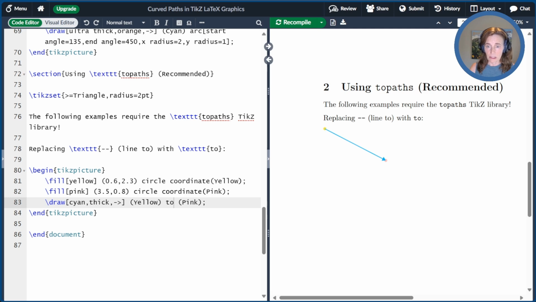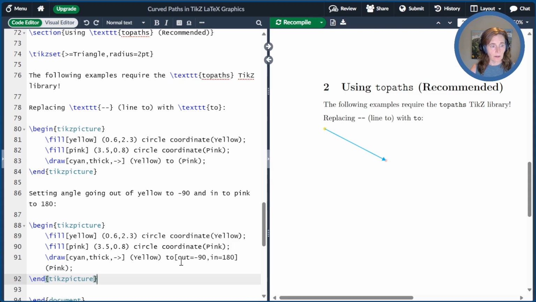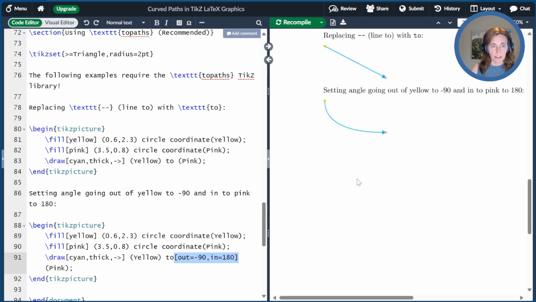So let me redo this exact same picture and change the in and out angles of this to operator. So here I've put the out angle is -90 and the in angle is 180. So if we look at the result here, I go -90 degrees outbound from yellow and in 180 degrees from